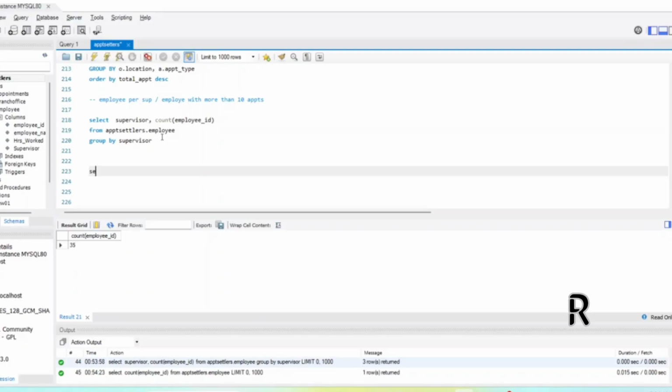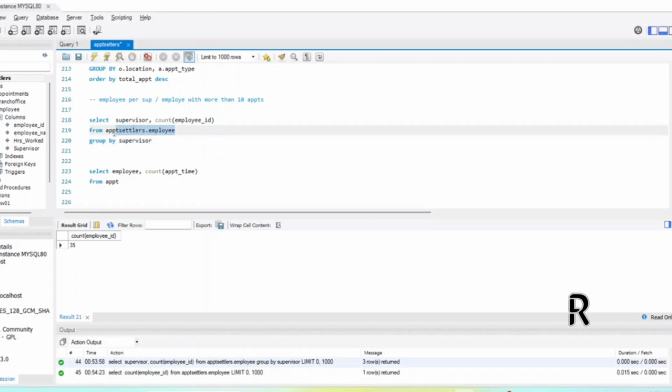So select how many each of them has. We're going to select employees, and we're going to count their appointments because we don't know how many appointments they have, right? So we're going to count the appointments. We can say appointment time or appointment type. We can count the time or the type, right? Because they are unique, so it's the same. From,